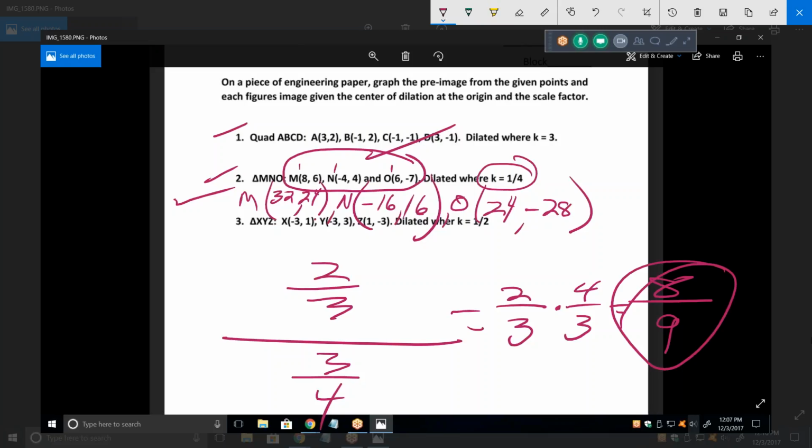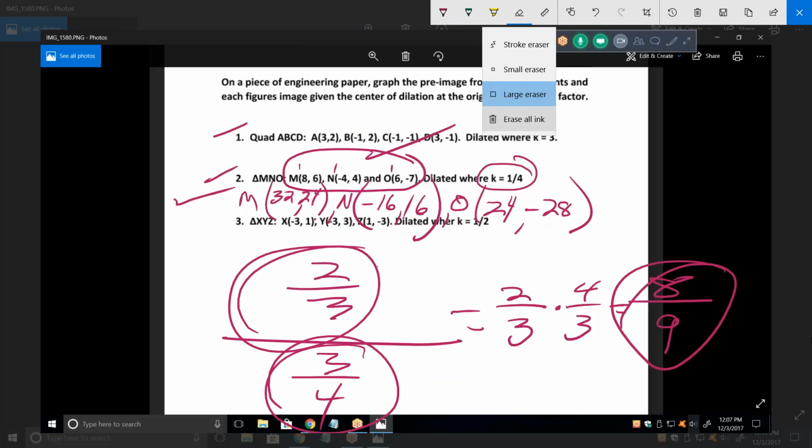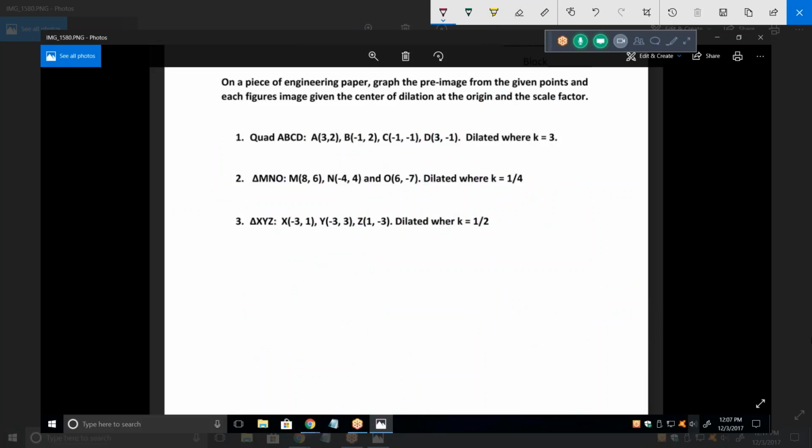Okay, that's how you divide by a fraction. And it doesn't matter whether that is a fraction or not. If you are dividing by a fraction, you flip and multiply. You got to do 2 things. You got to flip, and instead of divide, you got to multiply. Okay? All right. Now, let's look at